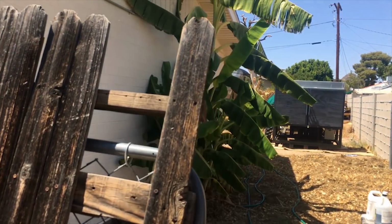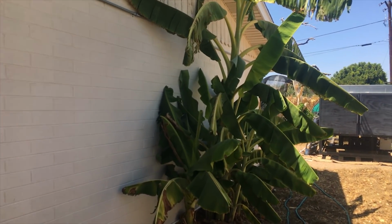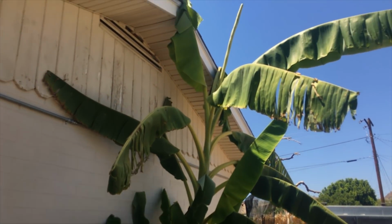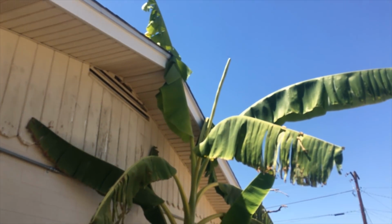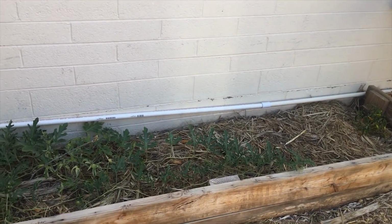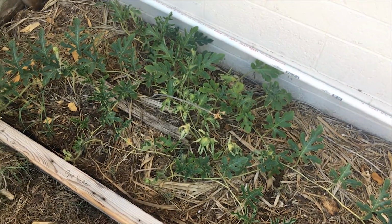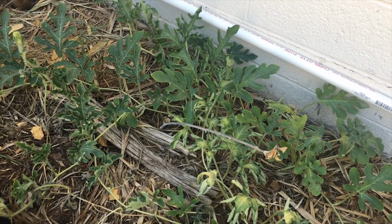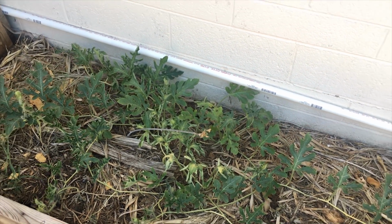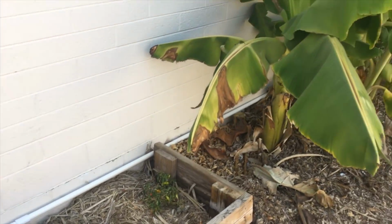These bananas need it. These guys definitely need some consistent water because they'll take as much as I want to give them, but you know, they're growing in so fast. They just need a lot of water right now. So they got to get consistent water every single day. And then I got some nice little watermelons coming in here, but hey, they took a little hit. So I really need to get this area some consistent water because it's not getting it right now. And I've been busy and I need to make sure that these things get water every day